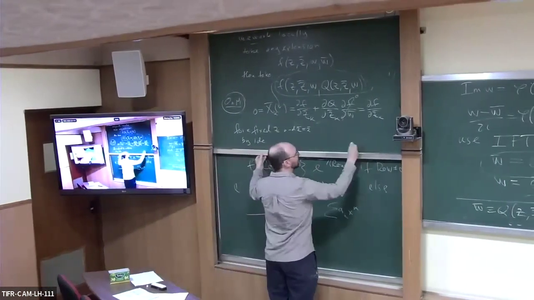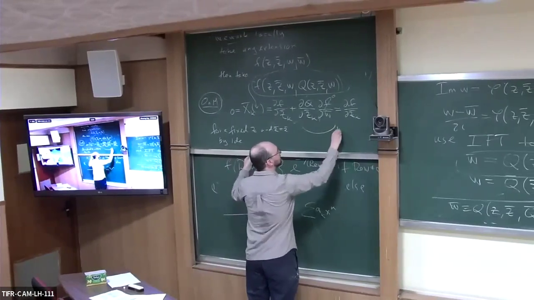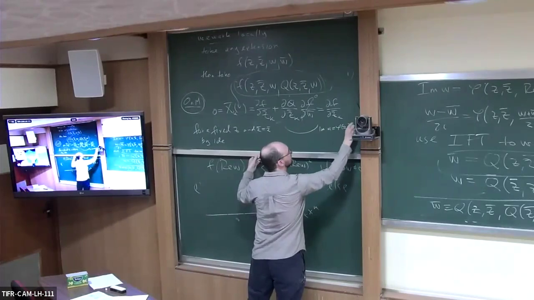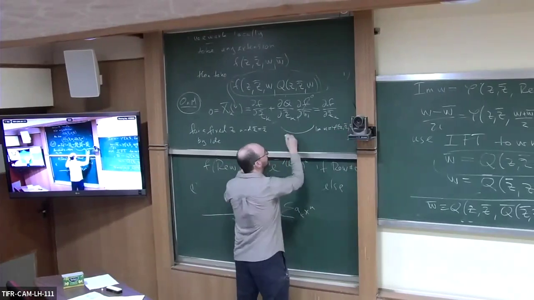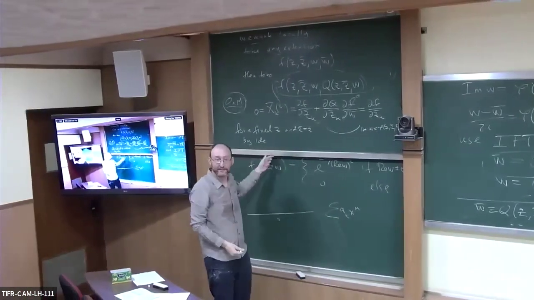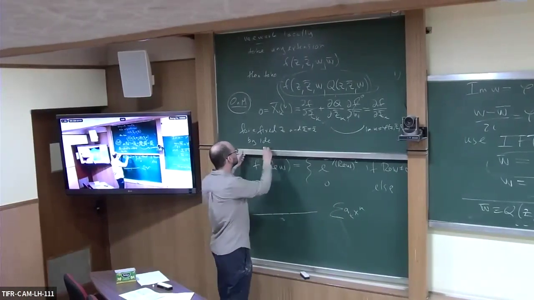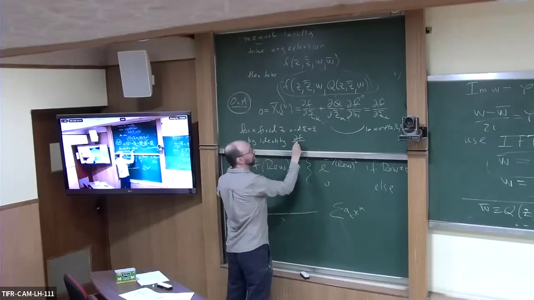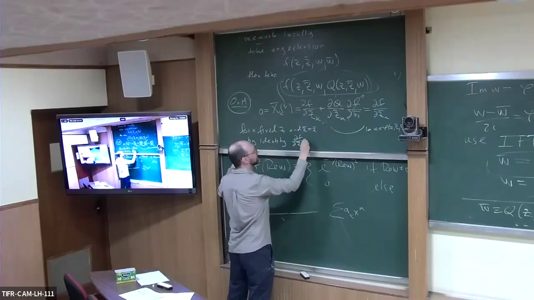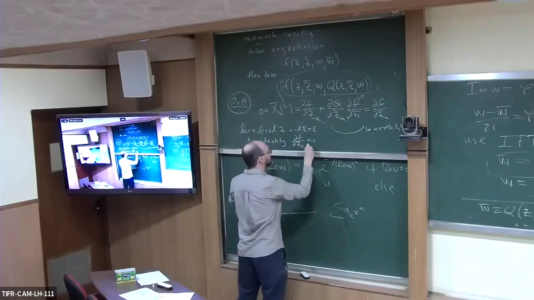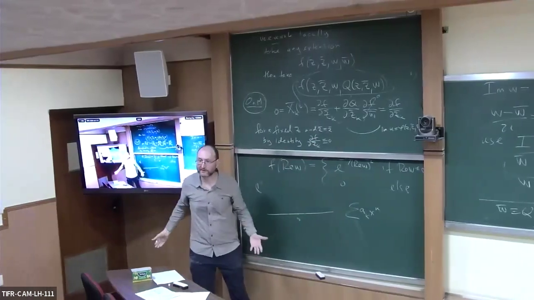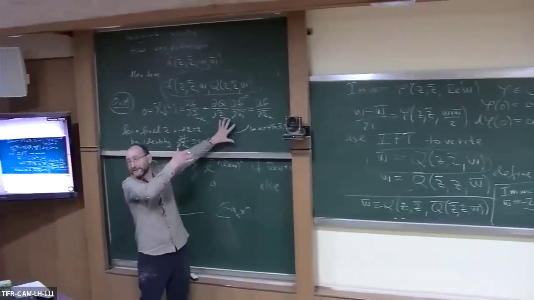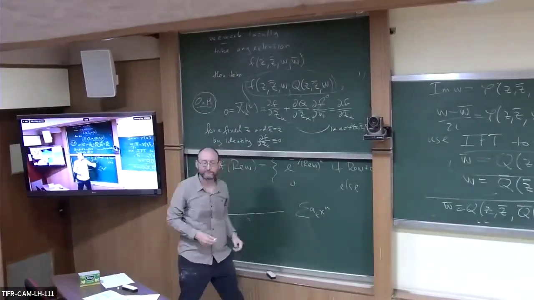Maybe I should draw that. So first, this is imaginary W equals some function of real W. It's some one-dimensional curve. So by the identity theorem, I get that df d z bar k is identically 0, everywhere, or at least in a neighborhood of the origin. It's 0 here, and this was for any z, so I get it everywhere.